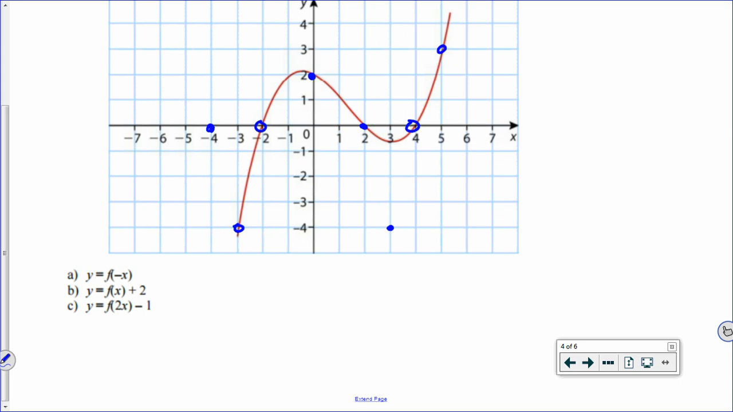The point up here at (5, 3) will be at (-5, 3). And so we can connect the new points. I'm going to erase these open circles that I had, and we can connect the new points to make